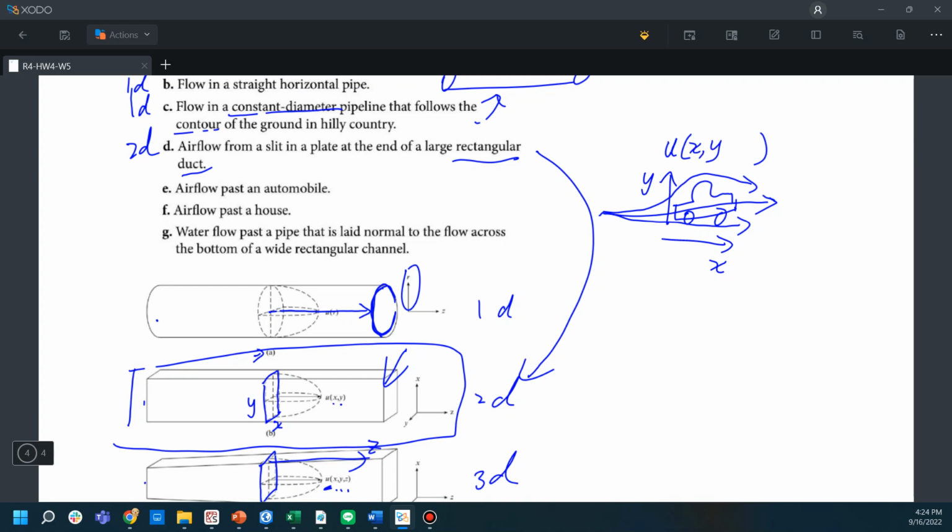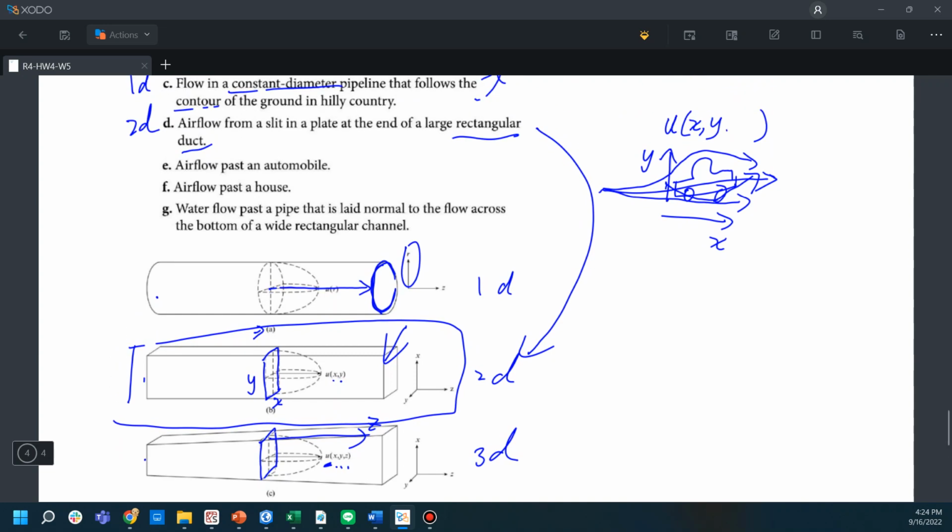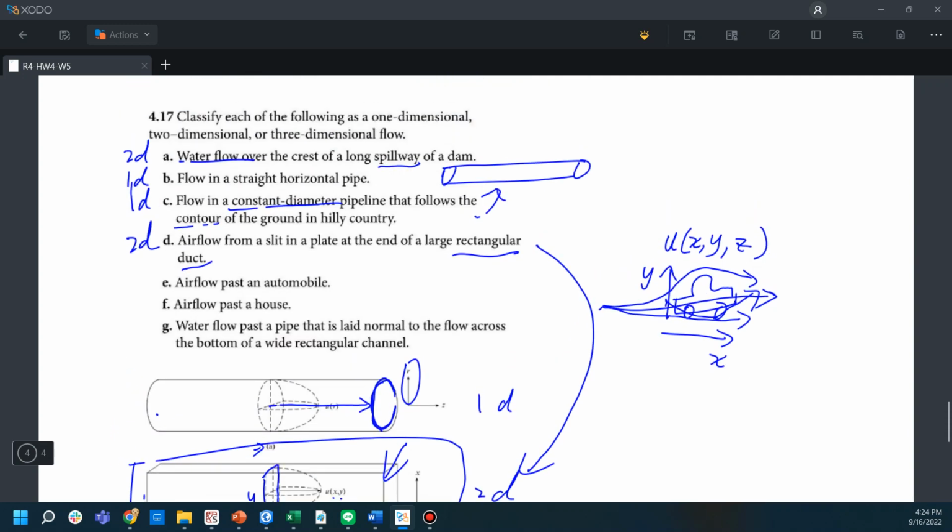And also, if we see from the front of the car, it will expand to the side and go back, so it also depends on the coordinates on the z-axis. So in this case, we will classify the airflow to be